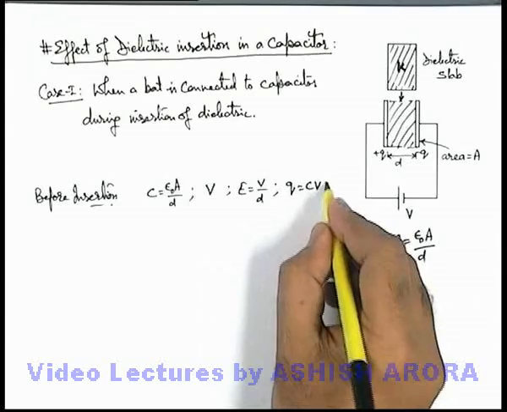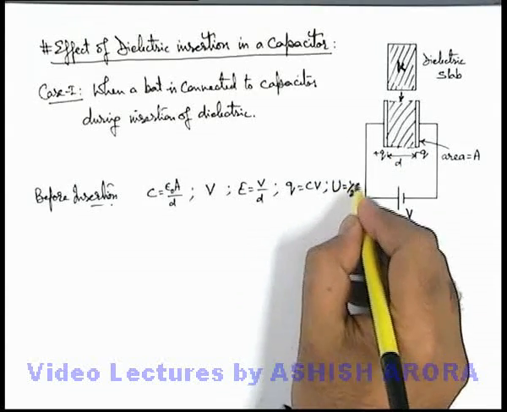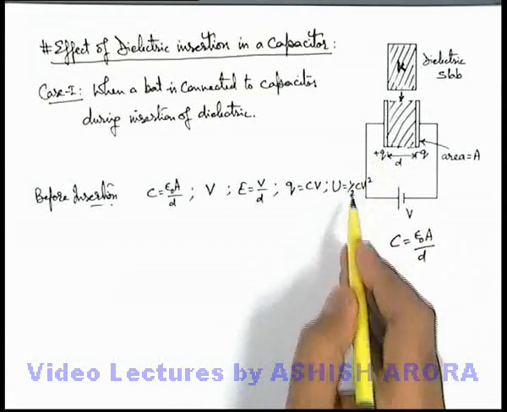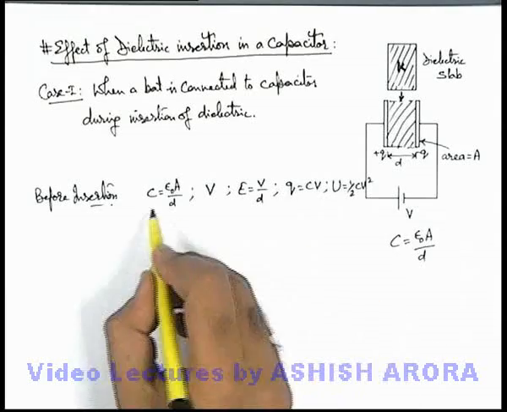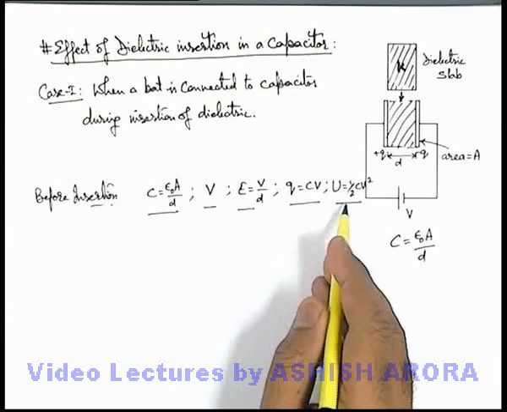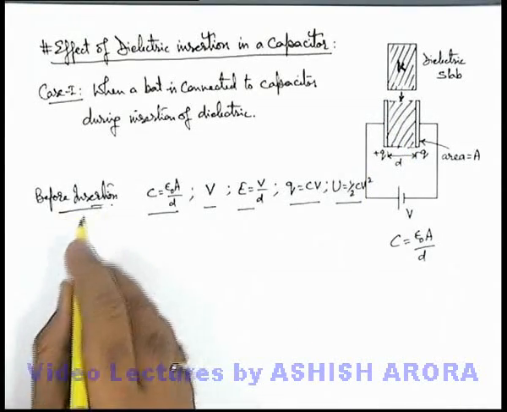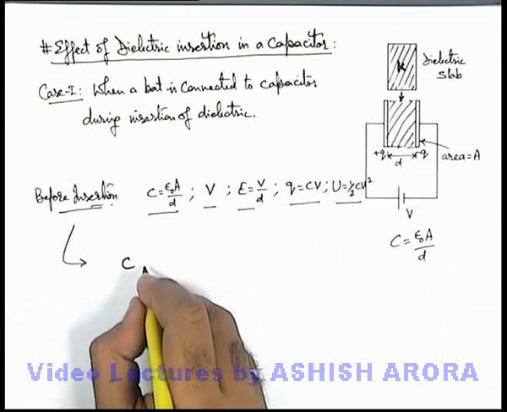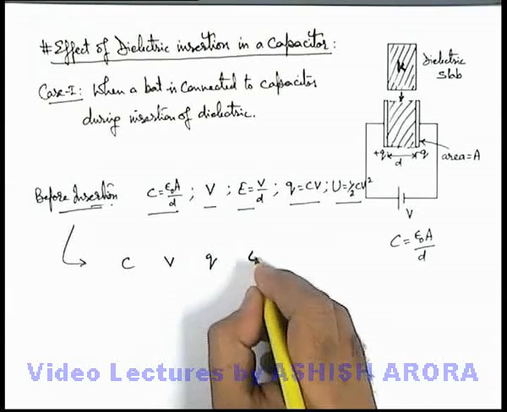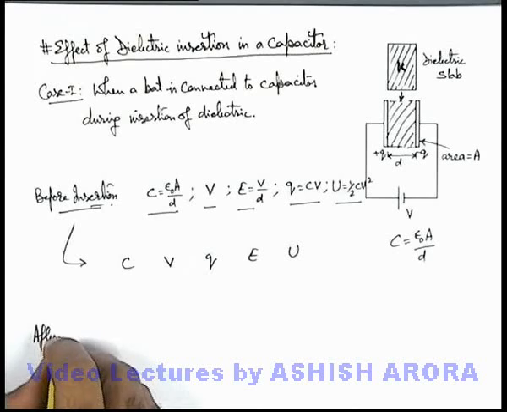If we talk about the energy stored in the capacitor plates U, this can be written as half CV square, where V is the potential difference maintained by the battery and C was the capacitance. So now we'll discuss these 5 parameters. What are the effects on these 5 parameters on insertion of a slab? So before insertion, say these parameters are C, V, we take charge Q, electric field E, and energy stored U. Now if we talk about after insertion